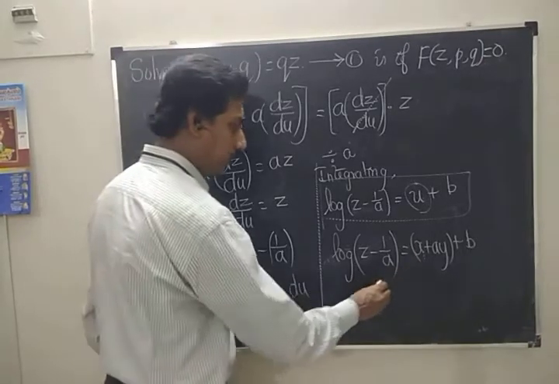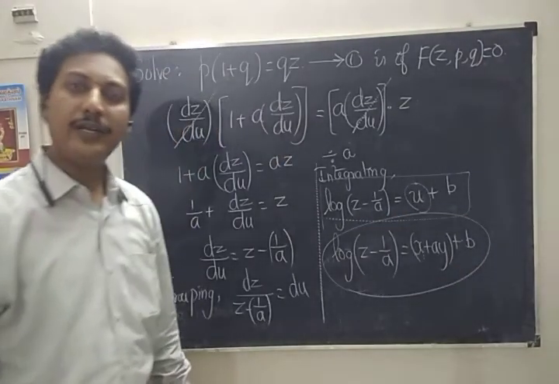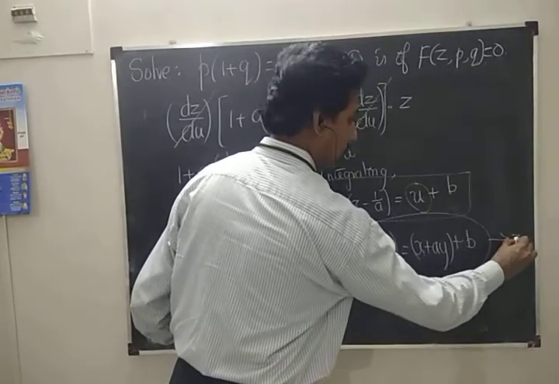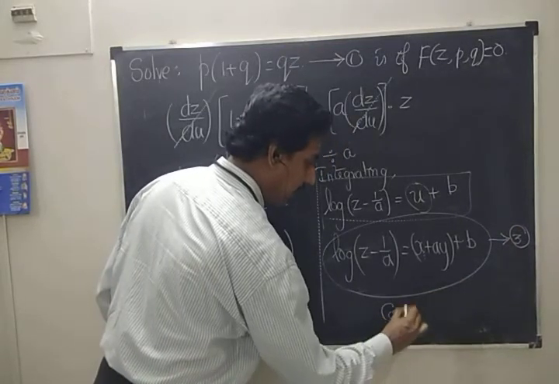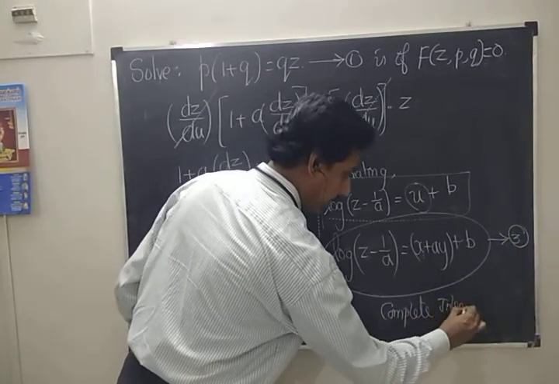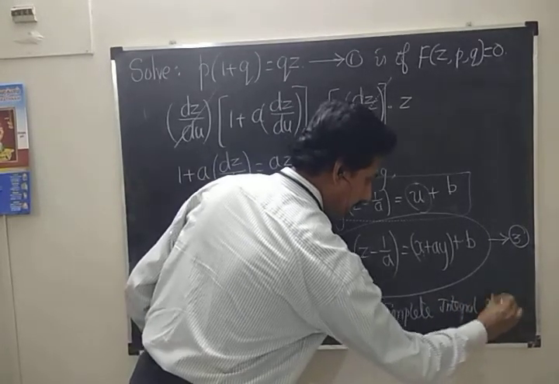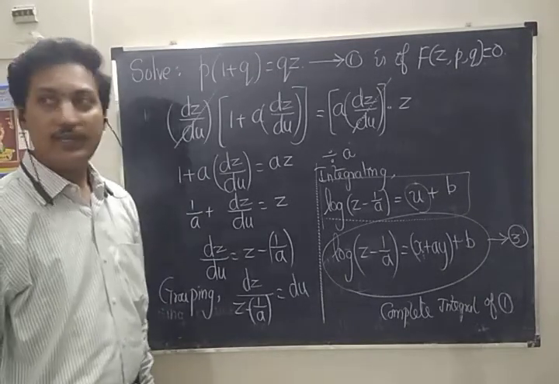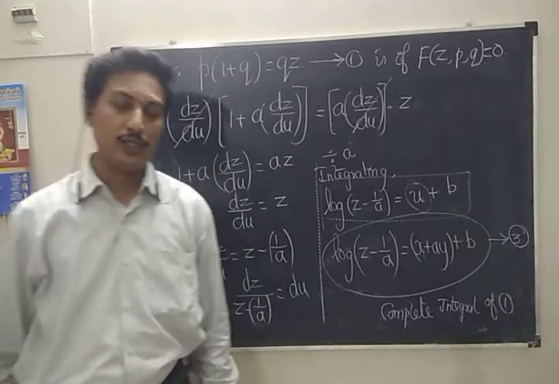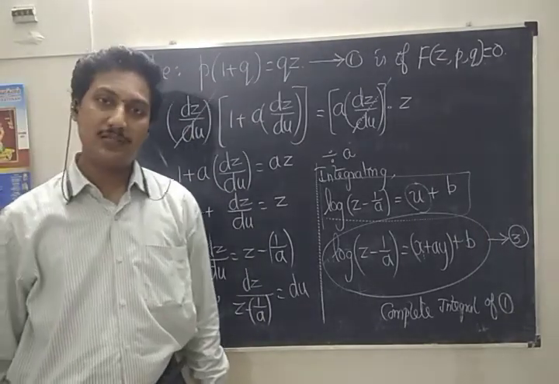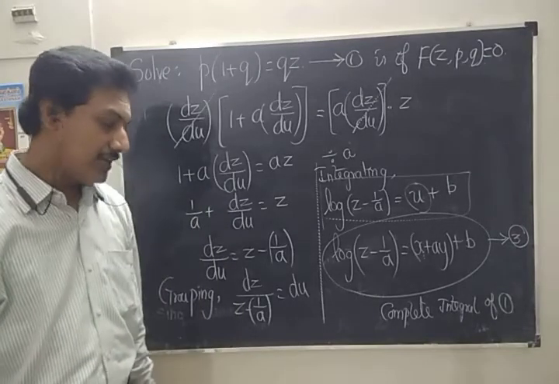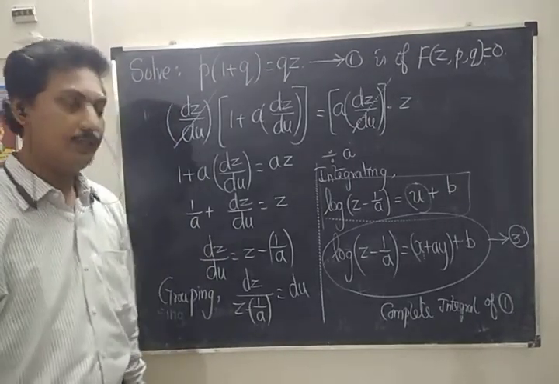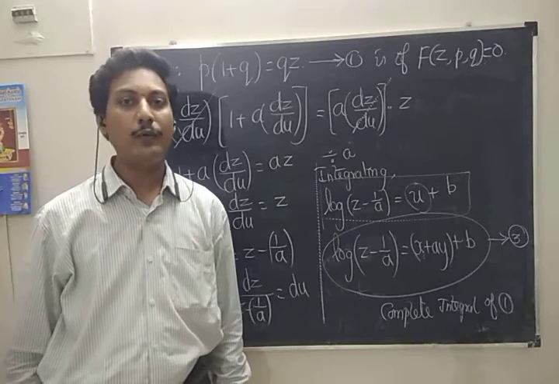So once again, there are only 2 arbitrary constants, the same as the number of independent variables. So that's why this equation number 3 is known as the required complete integral of the given PDE number 1. So this is the idea to solve the f of z comma p comma q is equal to 0 type partial differential equation. This is one of the best types, because the given partial differential equation can be reduced into an ordinary differential equation with the help of the proper substitution, u is equal to x plus ay.